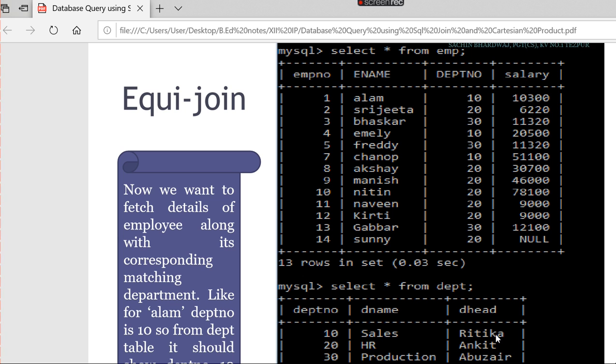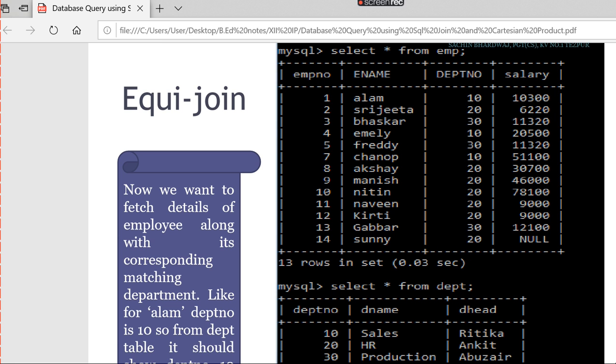His department head is Ritika and his salary is 10,300. Sri Jita is from department 20, which means HR. Her department head is Ankit and her salary is 6,220. So by looking at the two tables you can understand which department each person is in, their salary, and the department head.